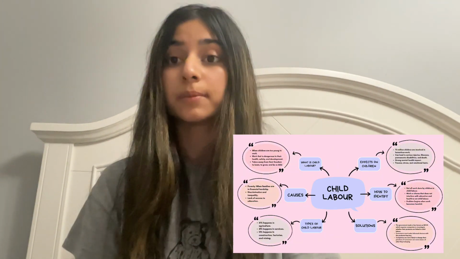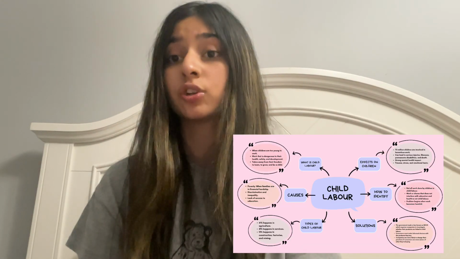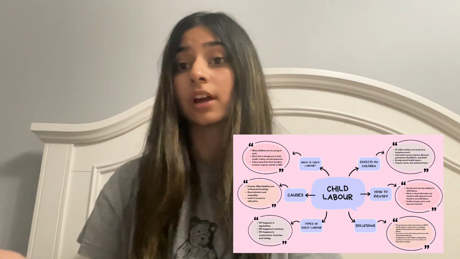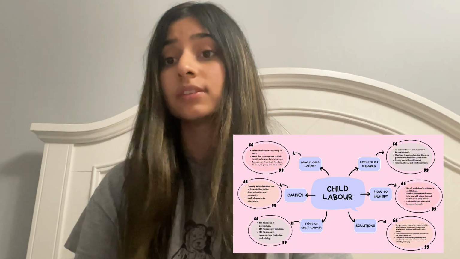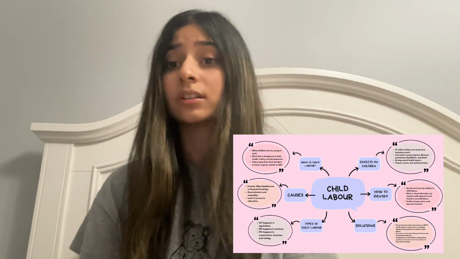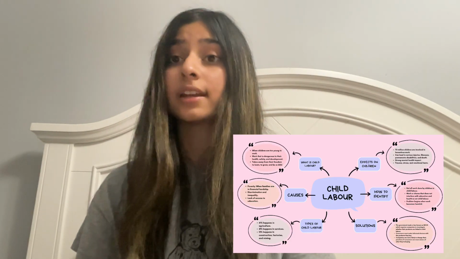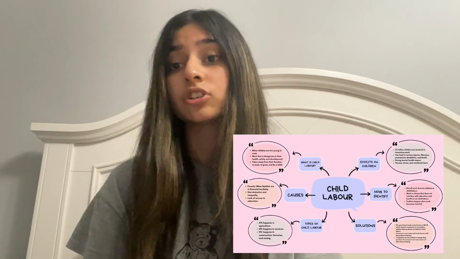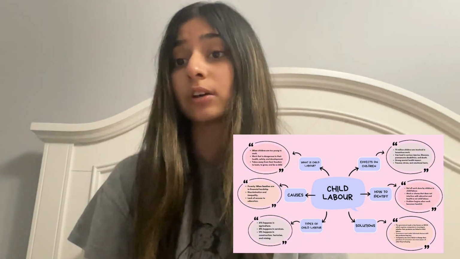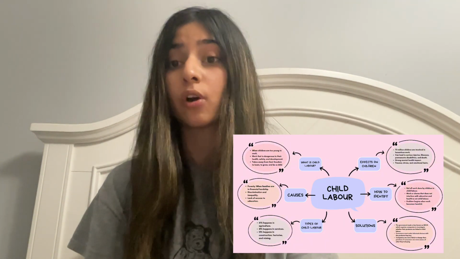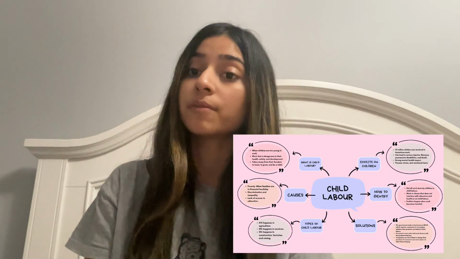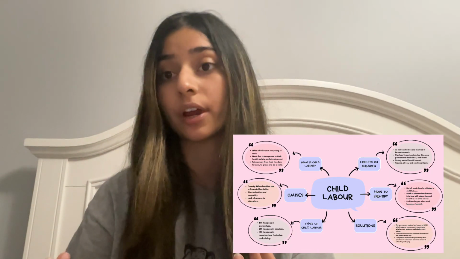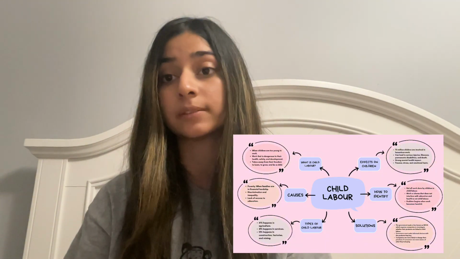According to global estimates, around 73 million children are involved in hazardous work, meaning that work directly endangers their health and safety. These conditions can lead to serious injuries, illnesses, permanent disabilities, and in some cases, death. In fact, the International Labor Organization estimates that around 22,000 children die every year as a result of work-related accidents. One of the most dangerous areas is agriculture, something that we've talked about before. This is where most child labor takes place.